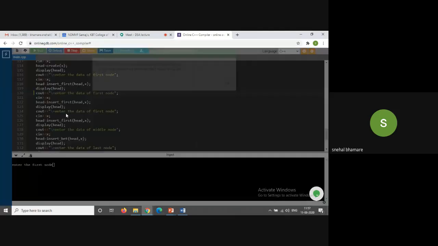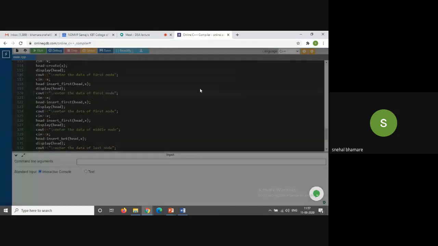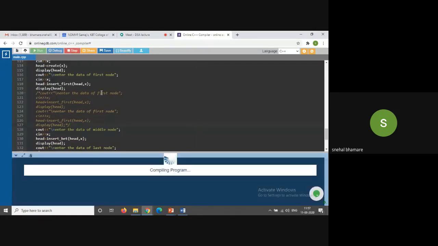So I'll reduce those values, because since we are not executing in the recursive function, we have to execute it from the start every time, right? So I'll reduce these functions a little bit. I will execute it.